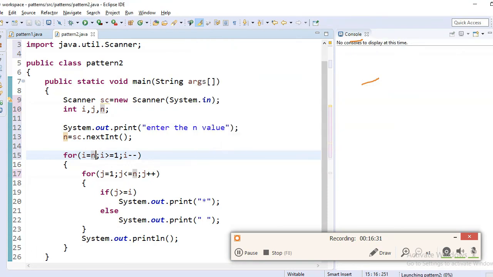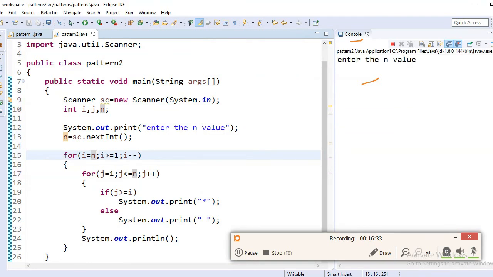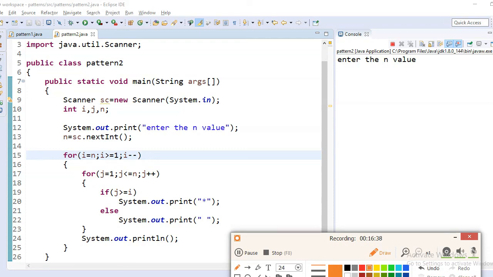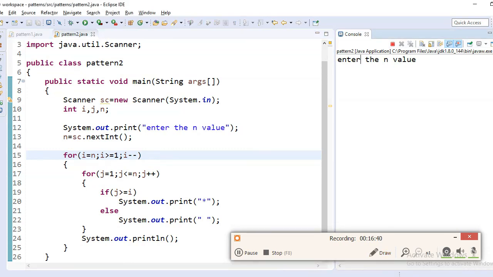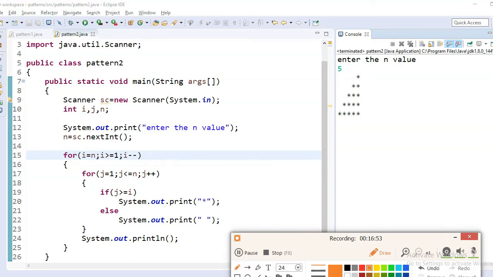it will ask, enter the n value. If you give 5, it will print 5 rows and 5 columns, 1 2 3 4 5.